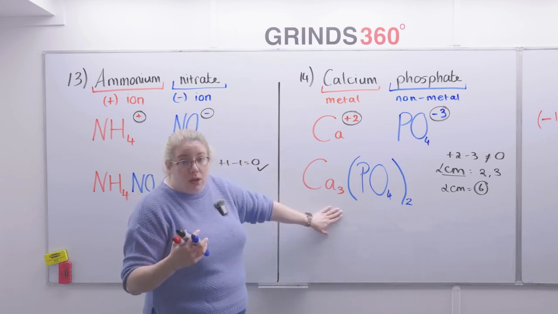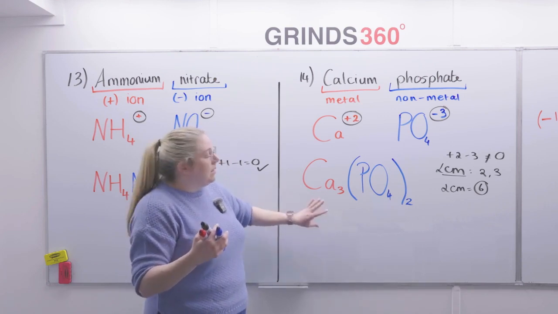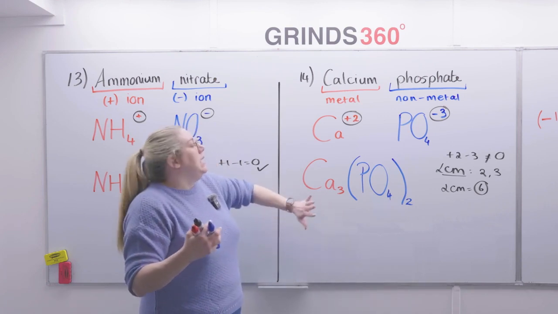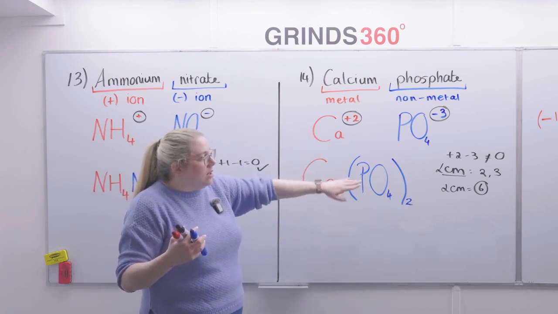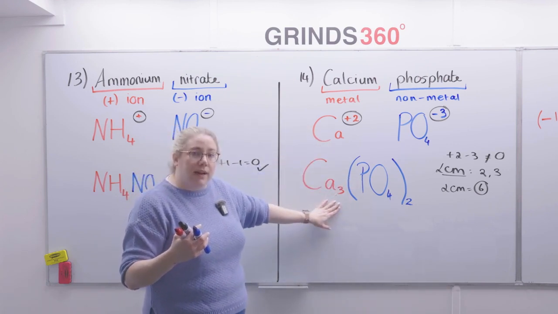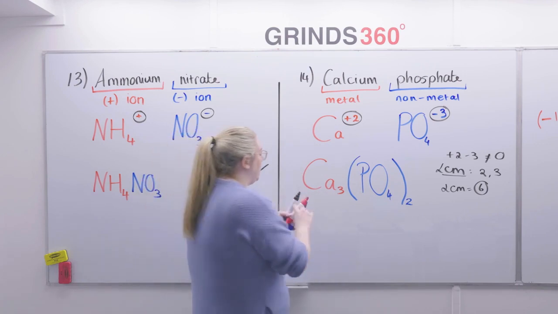Now, luckily for you, you're not going to have to show the dot and cross diagrams for this, thankfully, because that would be an absolute nightmare. But if you can do that, where you're just getting the lowest common multiple and dividing the charge into it, that's going to give you what your number of atoms of each element actually is. Now, just to kind of prove it,